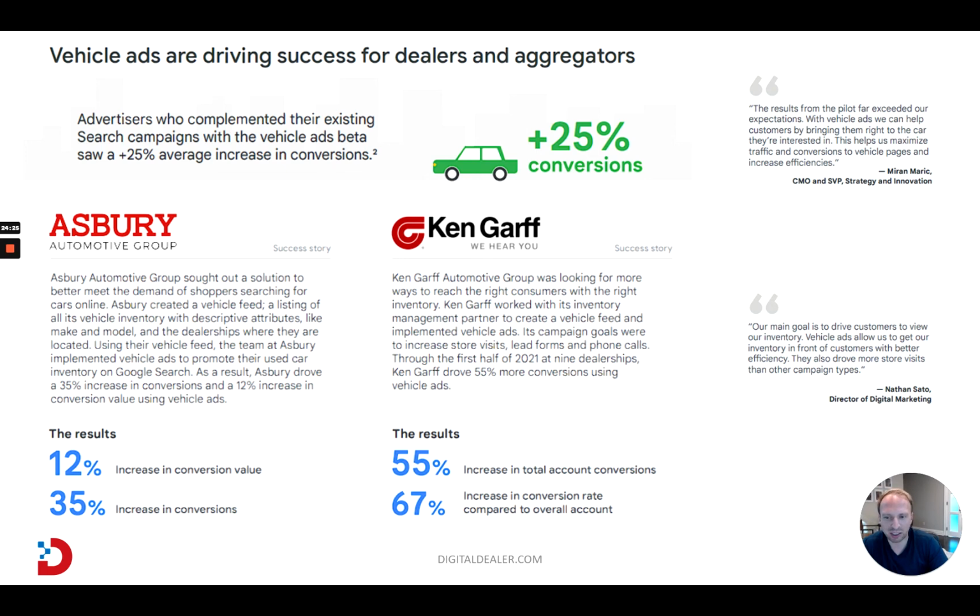I think similarly to e-commerce, where when Google rolled out Google Shopping ads 10 years ago, a lot of people were hesitant on it. Now I don't know a single e-commerce store that is not doing shopping ads. So I think similarly, it will become a core product of advertising automotive. And